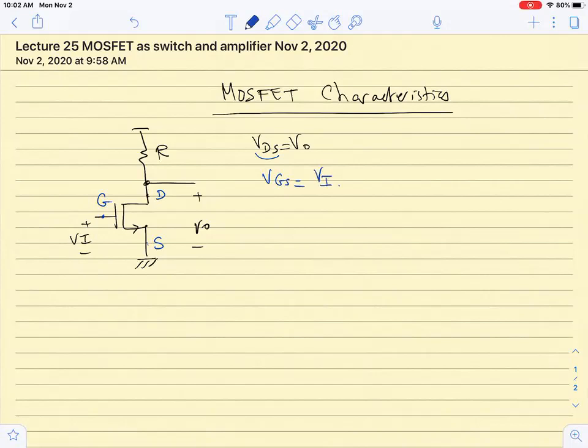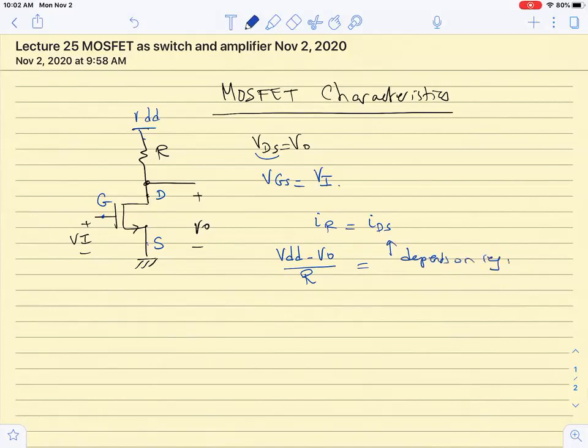And we said that if we want to find the solution at any given Vn, we have to solve for IR equal to IDS, and we know that IR is equal to (VDD minus VO) over R, which is the voltage across the resistor, and IDS here depends on the region